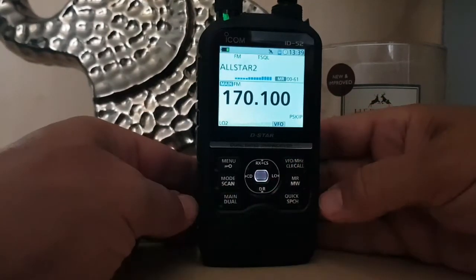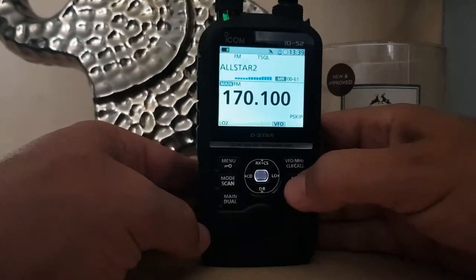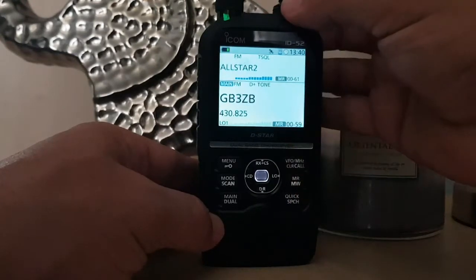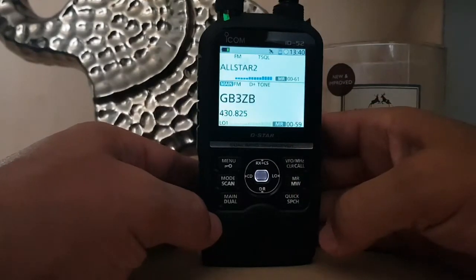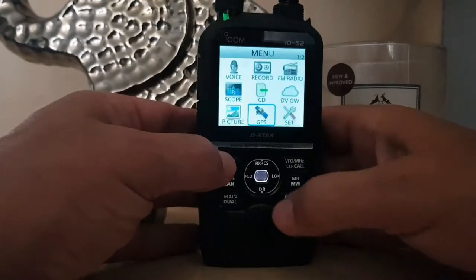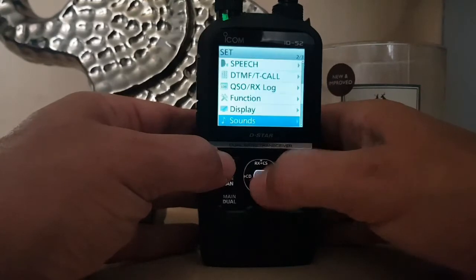A and B is on this main dual button here. Then you go memory, look, and you've got memories on A and B as well now. So with this radio, it's DPRS. You have a DPRS menu, so set,